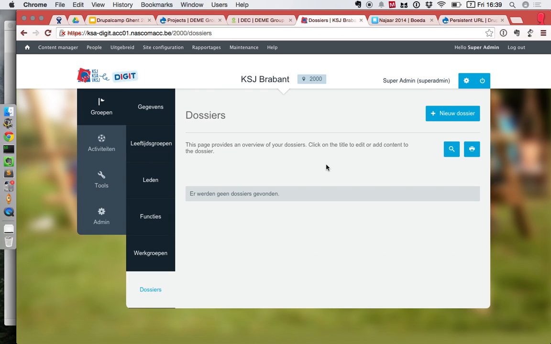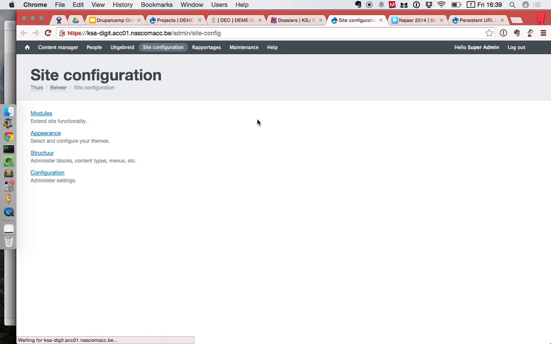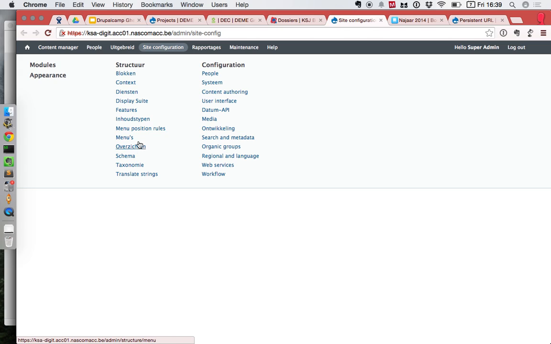Dossiers is a tool for, I'm not sure actually. It's when incidents happen, they can log some stuff in there. And that's one of the challenges we had. They have specific users that are only allowed to access all the dossiers within a group. So to make a difference between all the different types of users,